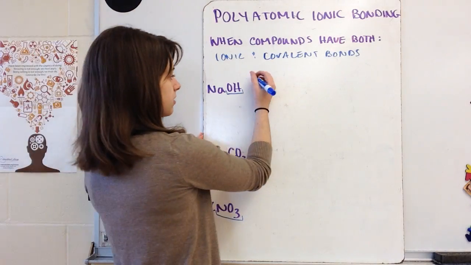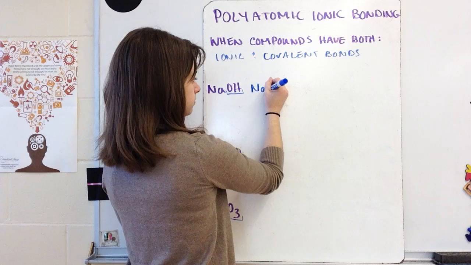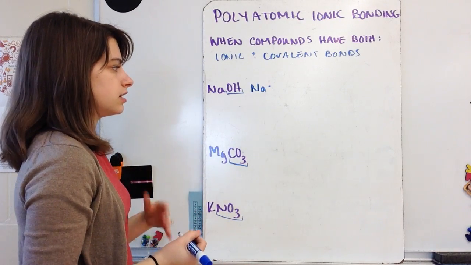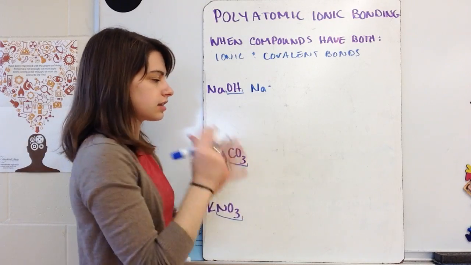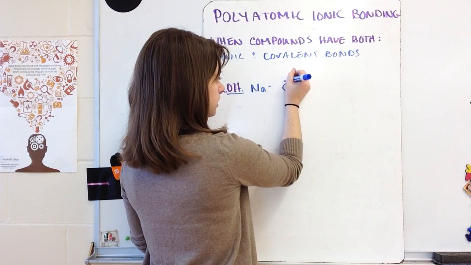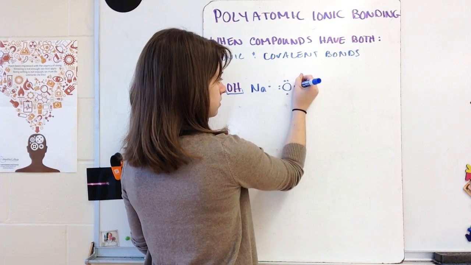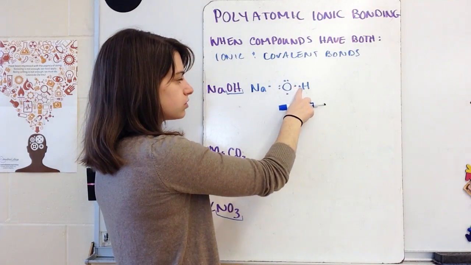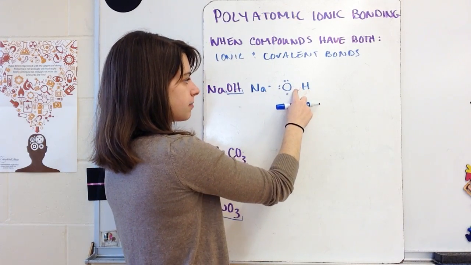So we know that sodium has 1 valence electron. So we'll go ahead and draw that in. OH, we know is going to have a covalent bond. So let's think about that separately. Let's think about what that would look like. So we have an oxygen that has 6 valence electrons, and we have a hydrogen that has 1. So those 2 unpaired electrons are going to form a bond,